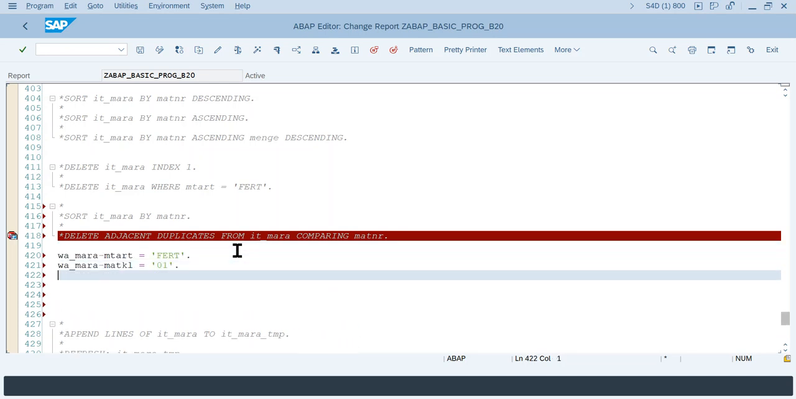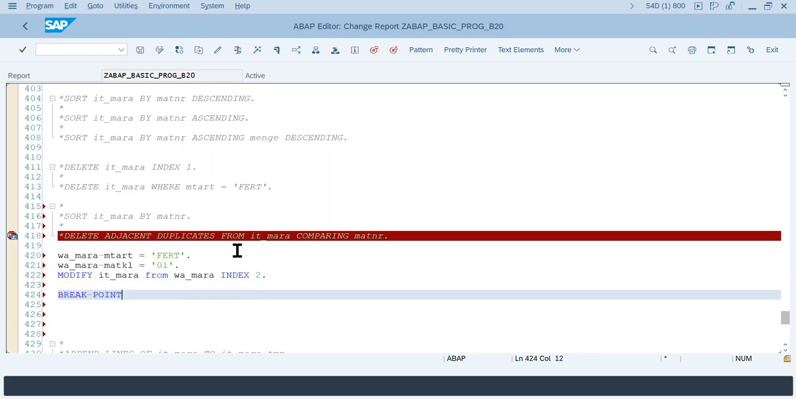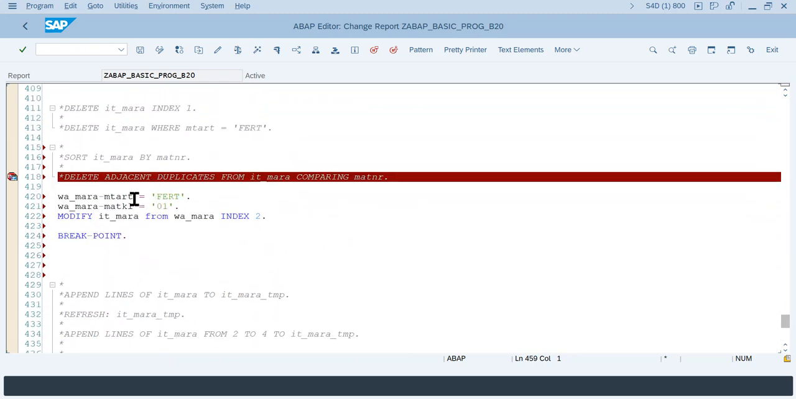Okay, so modify IT_mara from work area_mara. Okay, and we can say index 2. That means modify the second row of an internal table. To tell the system to modify only these two columns, you can also include an additional keyword called